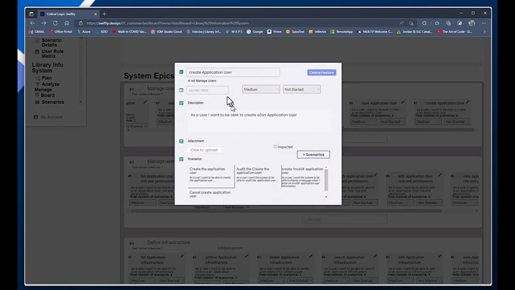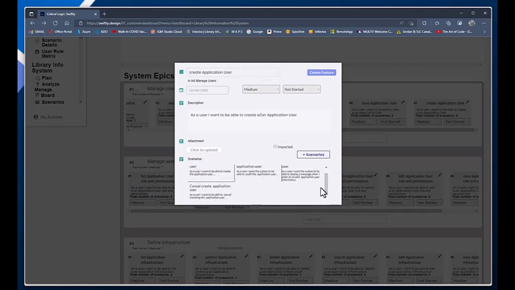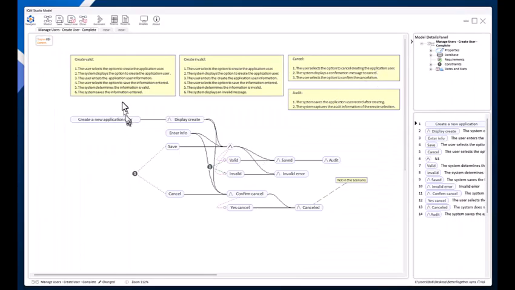feature. So in this feature, as I open it, you'll see inside the feature, Swiftly has created 4 different scenarios. So create a new user, create a valid user, invalid user, audit that they think, make sure I can cancel a user, and so on. So these 4 stories are actually now what we're going to model. Okay. So if I switch back into our tool, you'll see these are the 4 stories, and